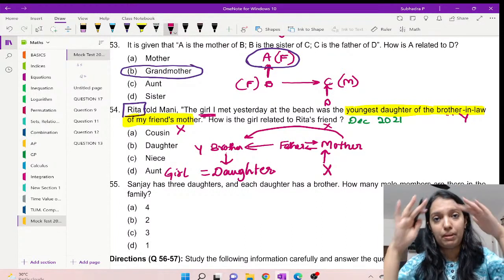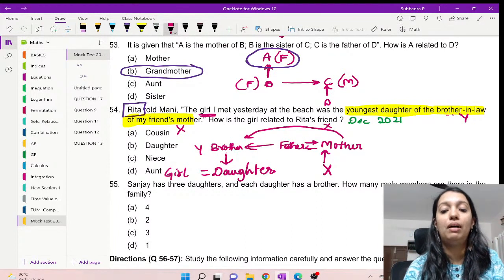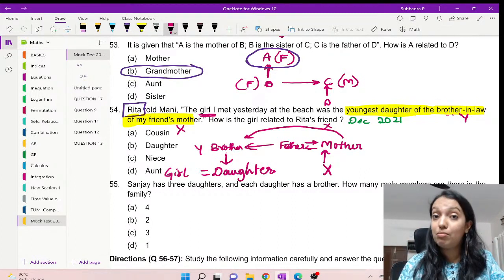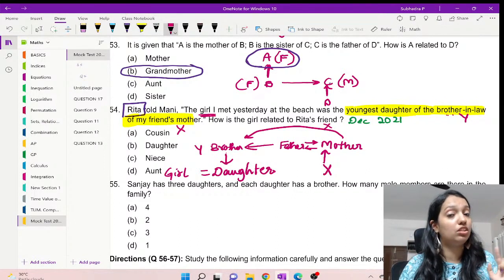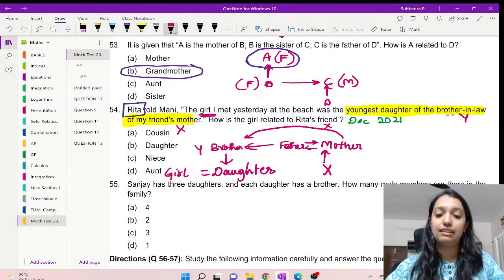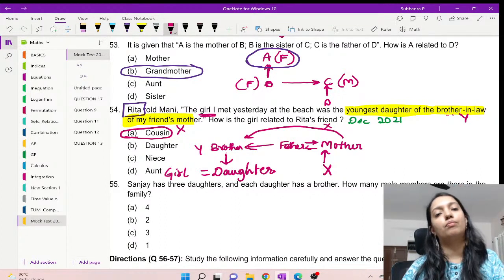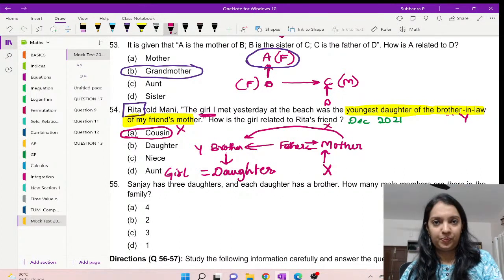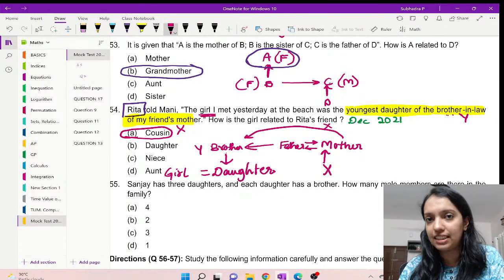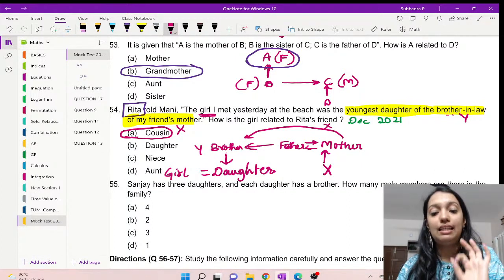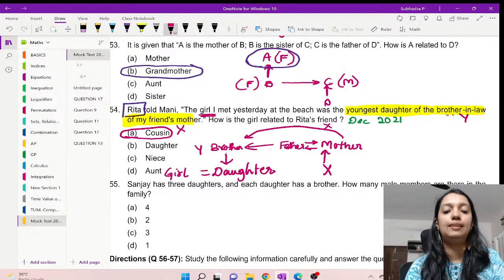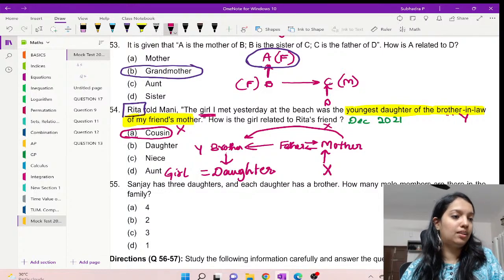Remember, are they same parents' children? No, but they are in same generation. Same generation, but not brother or sister. Same parents' children? No. But same line? Yes. That means there is only one possibility. That person is a cousin. That girl whom she met at the beach yesterday, who met Rita, is this X person's cousin. Remember that. Next,